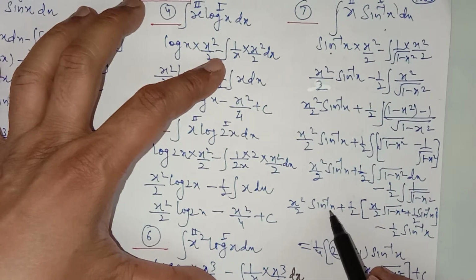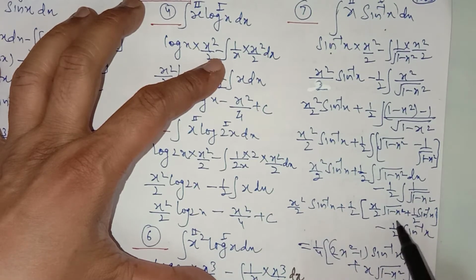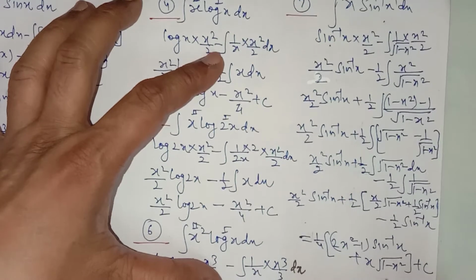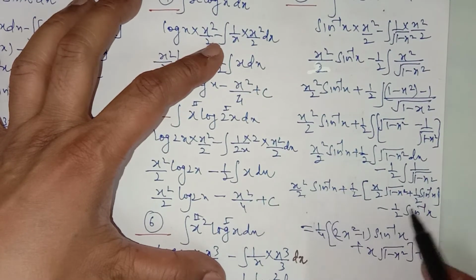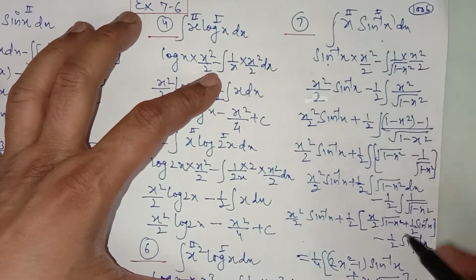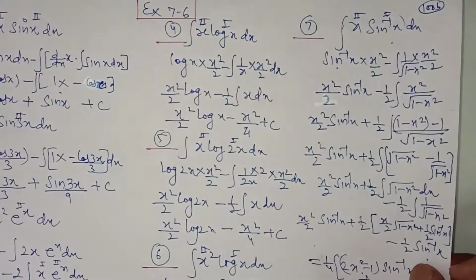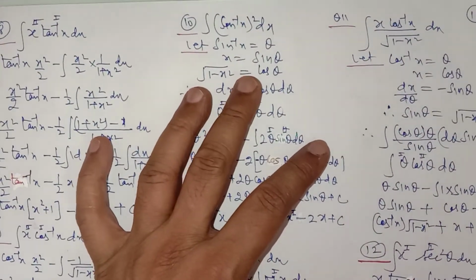Now you can collect the terms containing sine inverse x. There are three terms containing sine inverse x: x square upon 2, 1 upon 2, minus half, and simplify like this. You can separate these terms, take sine inverse x common in this and this, you will get this. So it is a good question, arrangement in the second part of this integration by parts. So this is 7.6. We are discussing the integration by parts.